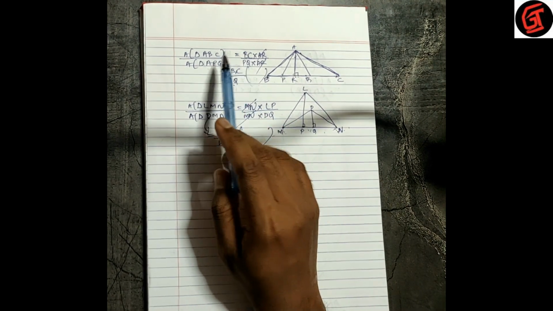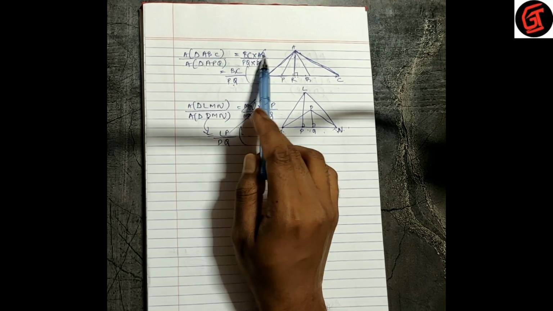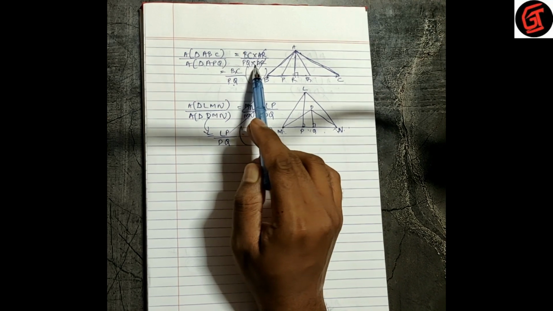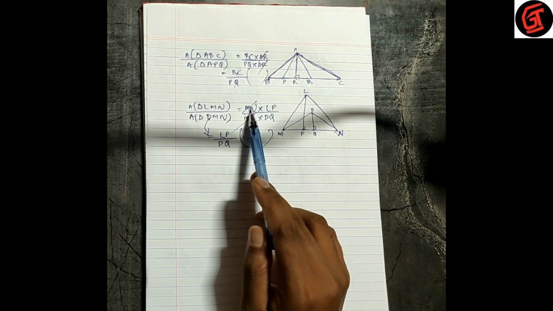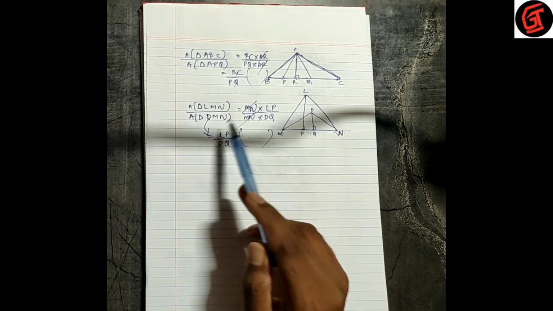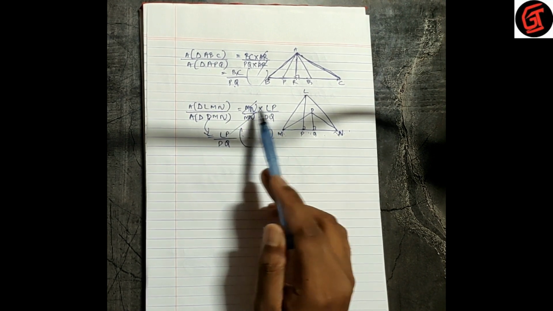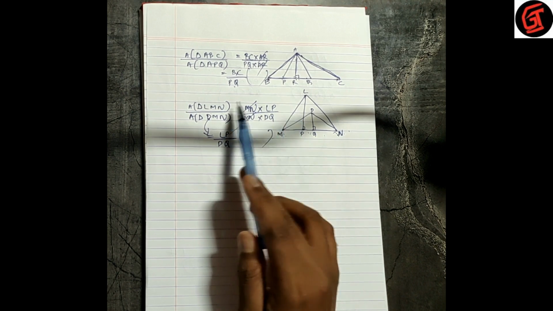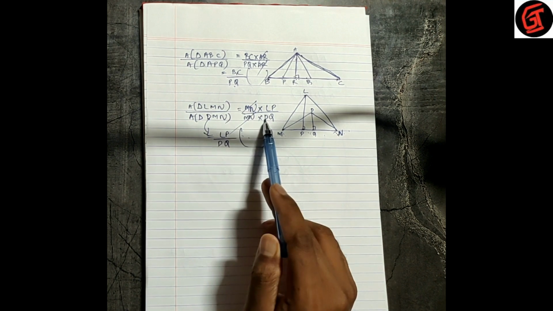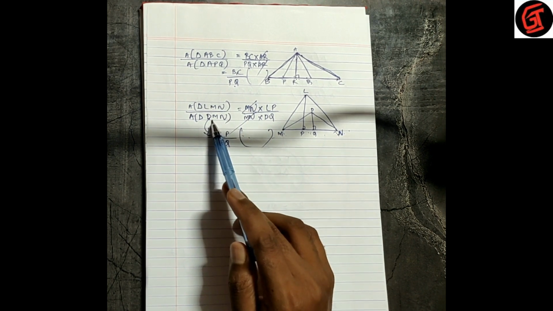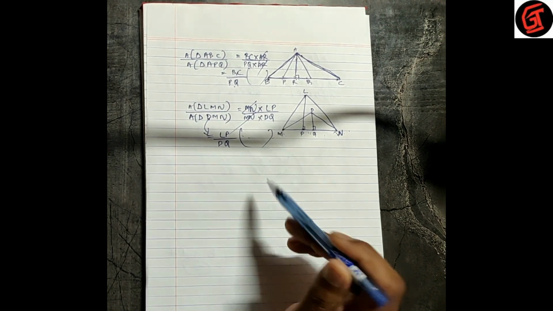Extremely important, keep a note here. If I am writing ABC upon APQ, I have to write the base and height related to ABC up and the base and height related to APQ down. If I write this up or this down, it is totally wrong. Same thing with this: LMN base and height, DMN base and height. You will say that I have already written base and height, so what's the big deal? No, the base and height related to LMN has to be written up, and the base and height related to DMN has to be written down. Suppose you write DMN up and LMN down, so this goes up and this goes down. That is the only difference.